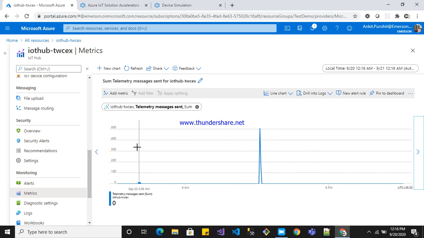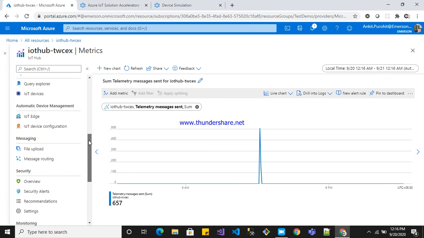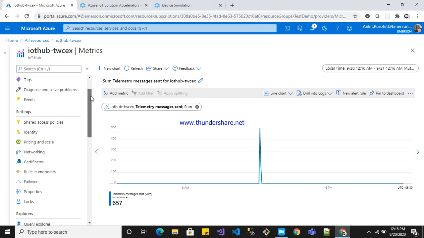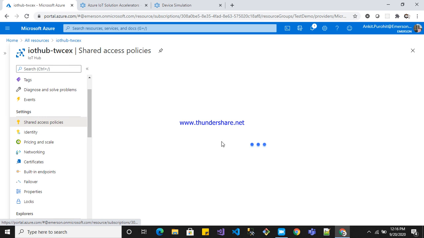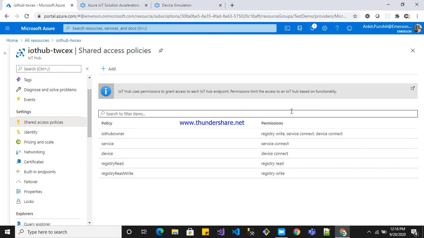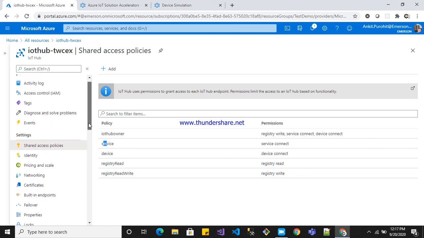If you want to search for the connection string, just go to your shared access policies, and it will show you the permissions: service permission, device permission, registry read, and all these things.